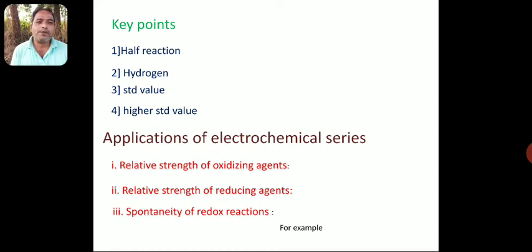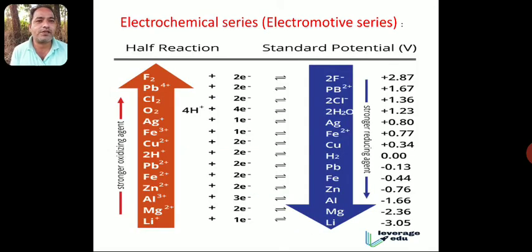So the other species will lose the electron only when a concerned species is ready to accept the electron. Then, and only then, the other species will get oxidized, or loss of electron takes place. So we can find out which species can be oxidized easier, and which cannot, by looking in the electrochemical series and observing its values.